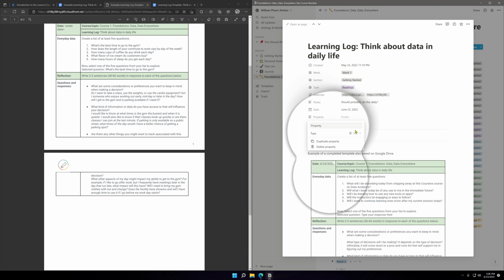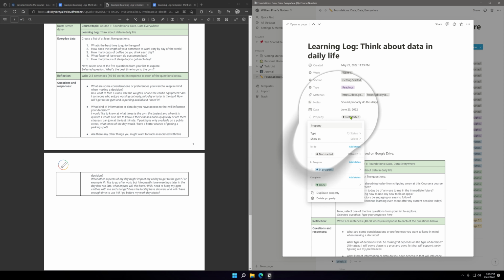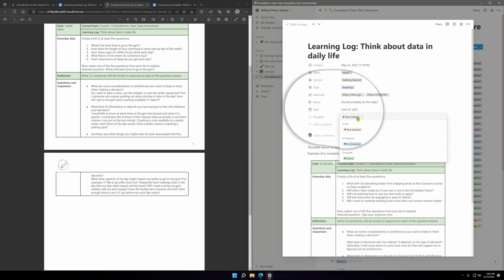Is there like a checkbox sort of thing? Status. Ooh, I like that.